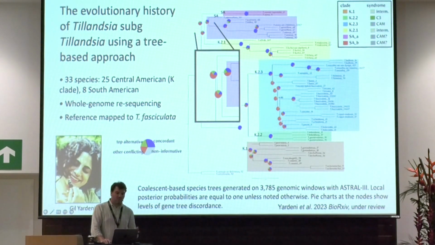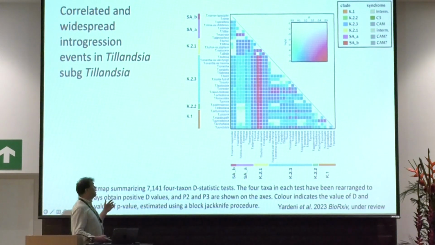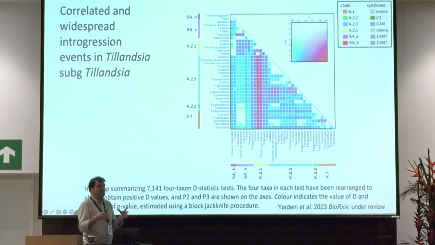So we wanted to look more in detail into introgression. We used D-statistics and a wide variety of D-statistics-based methods. And you can see here the main D-statistic calculations shown as a heat map for pairwise species of P2 and P3. These are polarized so that the D-statistic is already positive. You have the colors in this color legend on the x-axis here. You have the D-statistic. So when it's red, it's a higher level of the D-statistic.